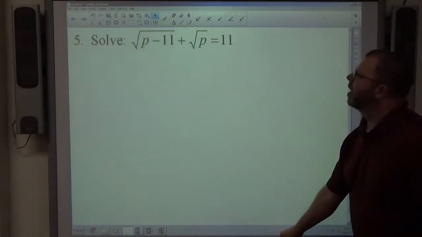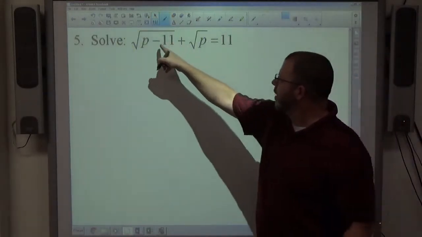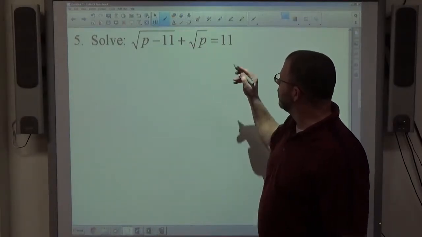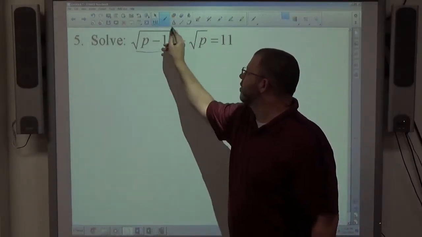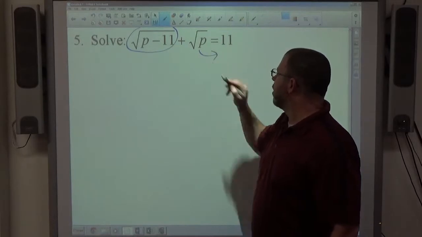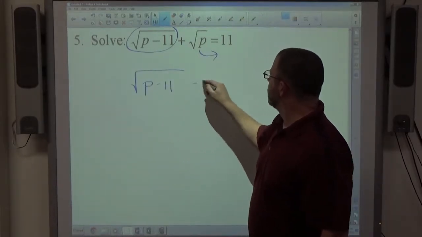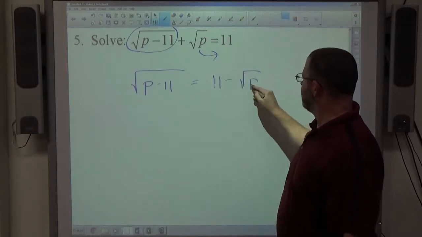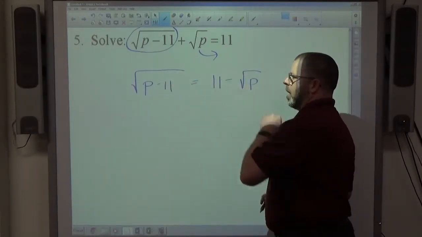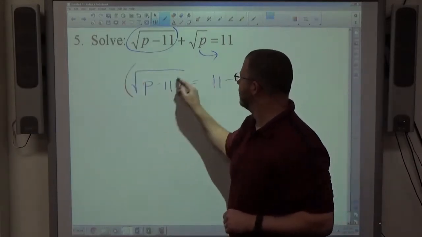Number 5, same type of problem, only difference here we have too many radicals. We have 2 radicals specifically. I'm going to isolate this one first because it's got more stuff going on in it. I'm going to move that over to the other side. Square root of p minus 11 is equal to 11 minus the square root of p. 1 object, 2 objects, so when we square both sides,